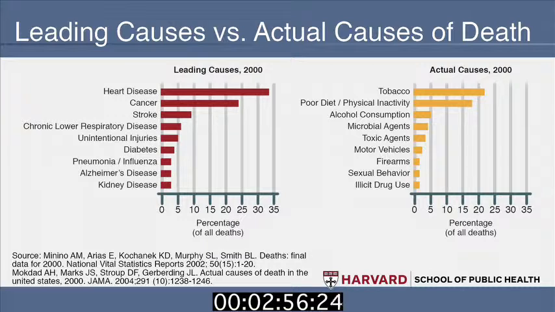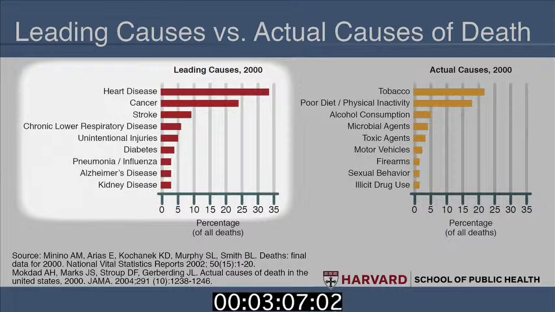But now here's a slide that I'd really like to show you, because this is a slide that gets public health folks very excited. If you look at the leading causes of death on the left-hand side of the slide, you'll see the familiar list that you saw from the earlier slide: heart disease and cancer. By the way, cancer is growing and heart disease is slowing. Heart disease is still number 1, but cancer is chasing it on its heels. And then you see all of the others: diabetes, Alzheimer's disease, kidney disease.